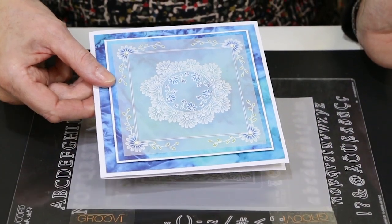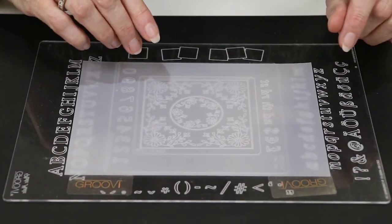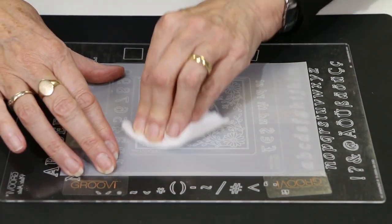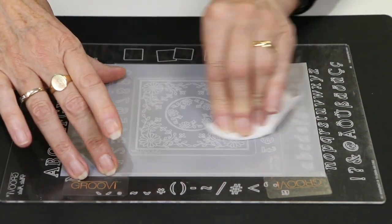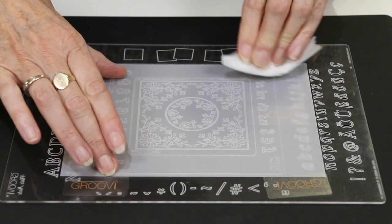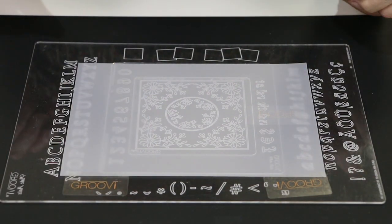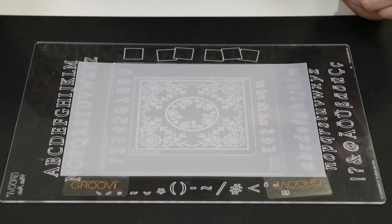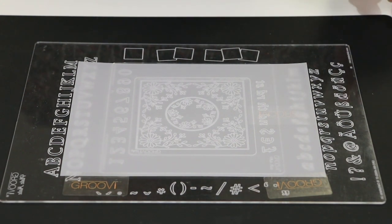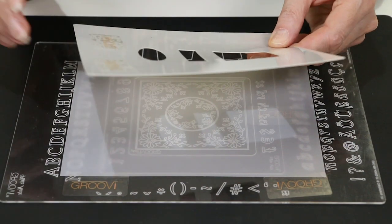around the outside. Okay. Then I'm going to take a tumble dryer sheet and I'm just going to wipe the clear parchment. There is no back and front to clear parchment. Only on the designer and the coloured parchment is there a back and a front. And then I'm going to use my, just bear with me one second while I look for it. I'm going to use my Groovi guard,